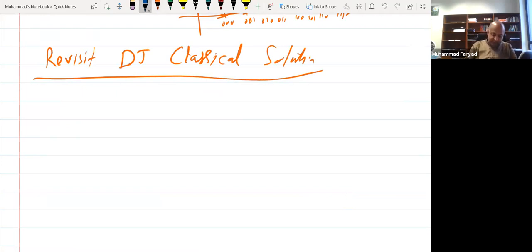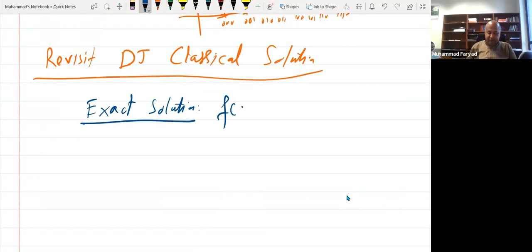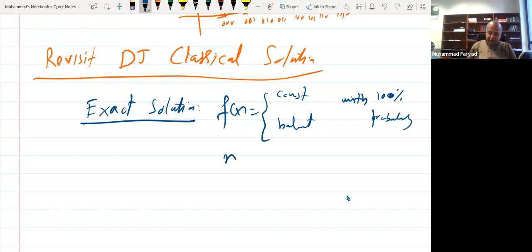So to get the exact solution, that is to tell if f of x is constant or balanced with 100% confidence or probability, we needed